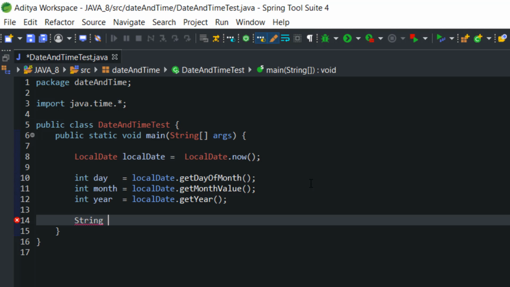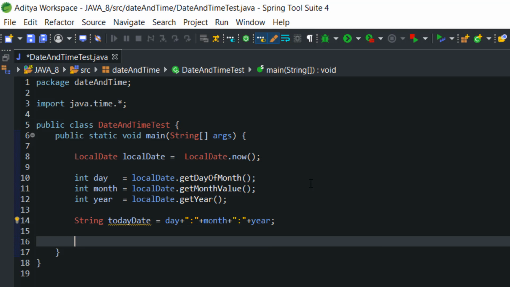Let's say the string variable name I will give is todayDate, and here I am going to present the date in a completely different format as per my requirement. So first I'm going to write day. After that I am going to divide the sections with a semicolon, month plus year. Now let's execute the code and see what the output is.